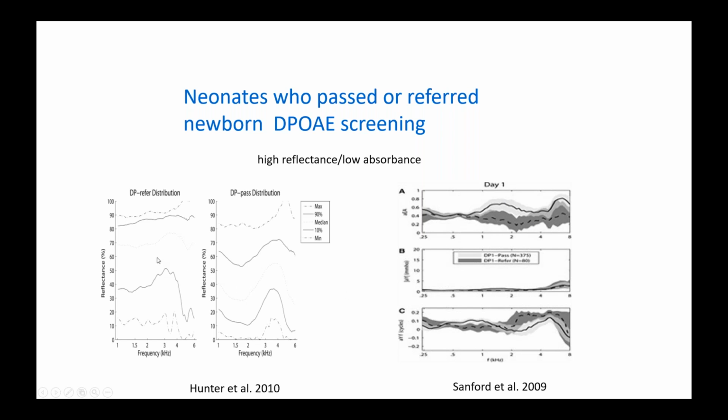The same thing with Hunter. You can see that the absorbance is reduced, or the reflectance is very high, in the infants who referred in the screening compared to the infants who passed the newborn screening. So it's been pretty consistent across the results that the ears that refer have a very reduced absorbance compared to the infants that passed the